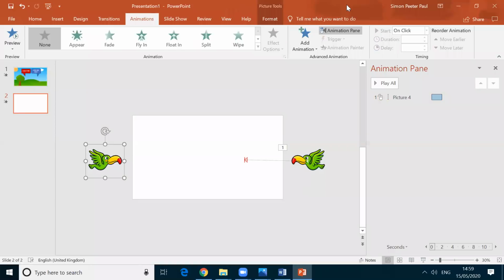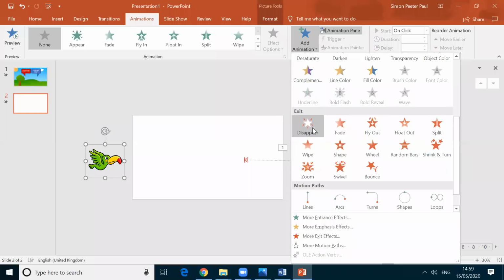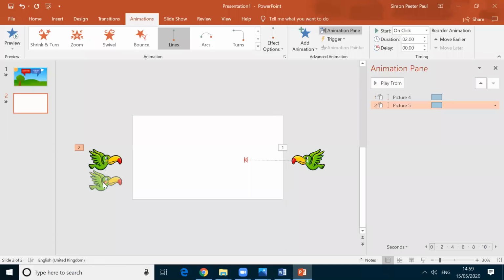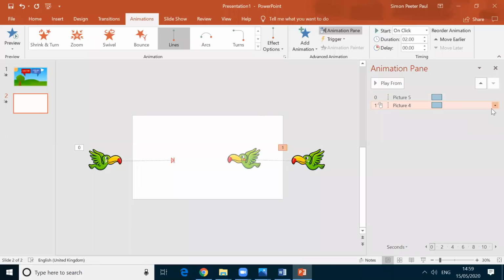I'm adding lines. Again I'm moving this one and changing it. Both have to happen automatically, so I click start with previous, and this one also I'm making start with previous. I think till now you will be clear.